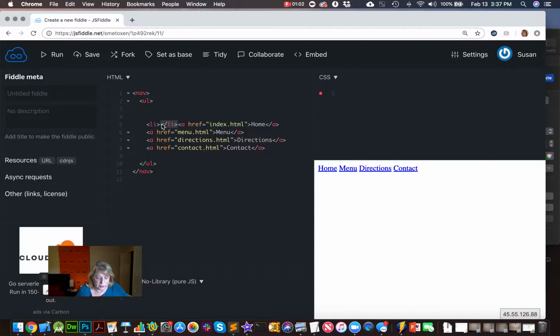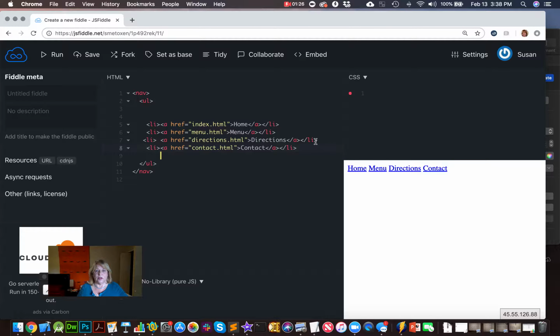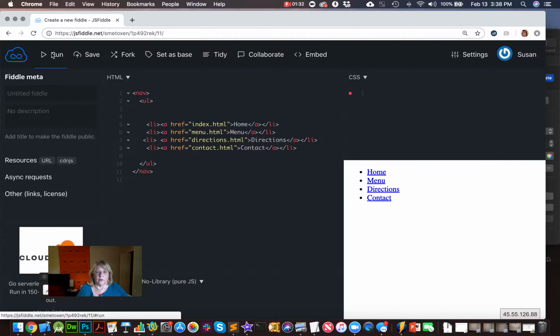Now I'm going to cut and paste because it's faster. I'm going to cut that, and paste it 4 times after all 4 of these. And I'm going to take the opening tag for the list item and put that in front of all. So now I have 4, oops, it wants to add the extra ones for me. Oh no, it's all right. Like that. All right, so now I have 4 links, and I'll run it, and whoa, I have a few